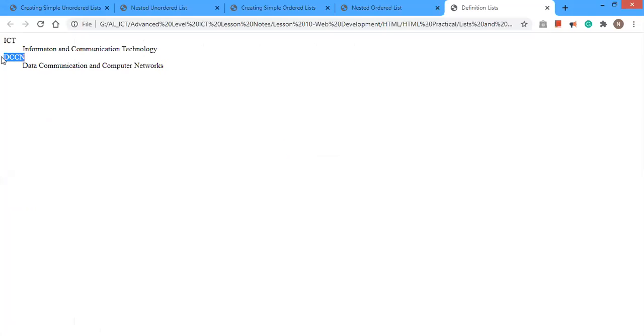Here also the definition title and the description under the definition title. So you can insert only one set or more than one set. Here I have inserted two sets of definitions. Now we will move to the coding of this file.